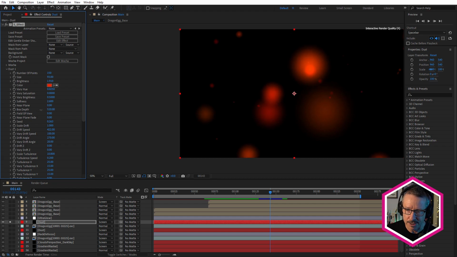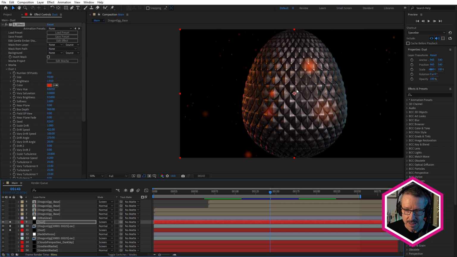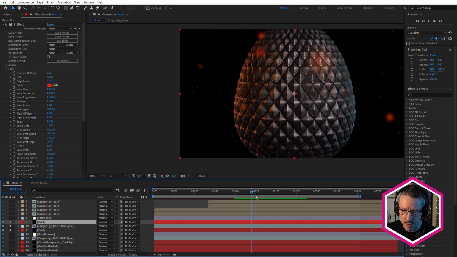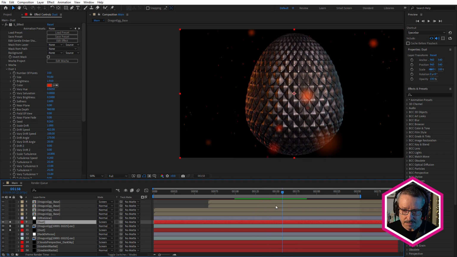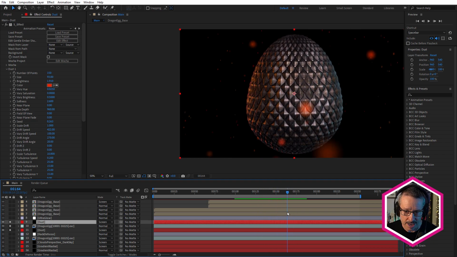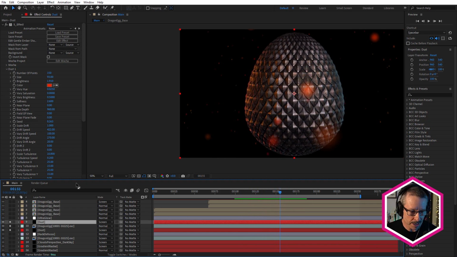And there's a whole bunch of settings for the box depth, and there are tutorials that I've already created that explain this in detail. But here, I've just used 2. So I've sandwiched the egg between 2 versions of dust, so that we have these ones, which are also, by the way, falling faster. The drift speed is set to 422. Because they're in the foreground, they're closer to the camera, so they look like they're falling faster. So that's why I increased that drift speed. So even without the other background layers, you can see how that gives a whole bunch of depth. Foreground, midground, background. Let's turn these other layers back on.